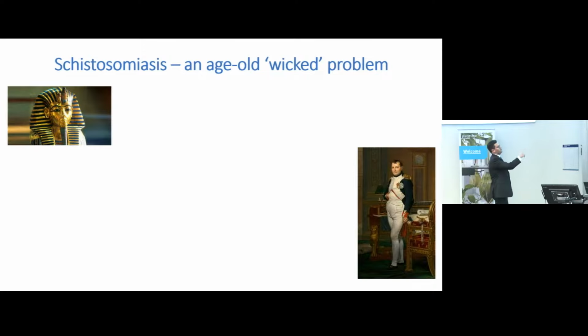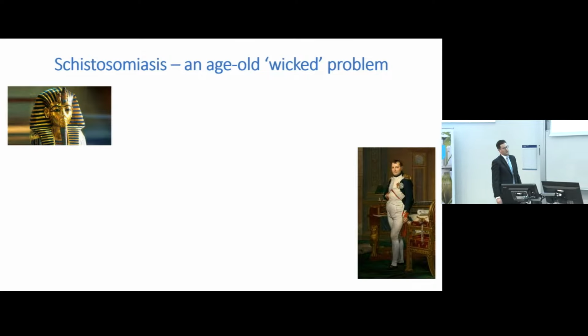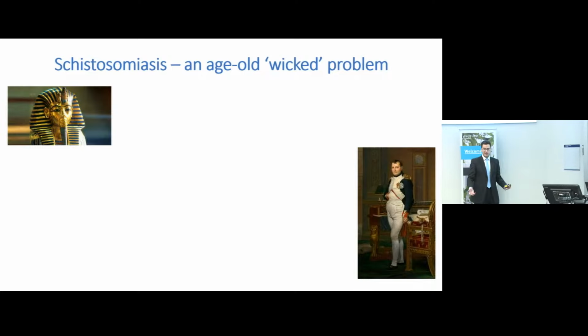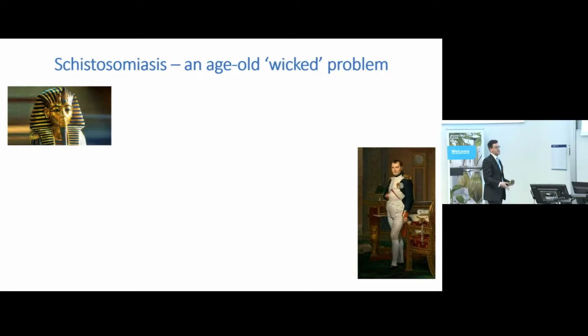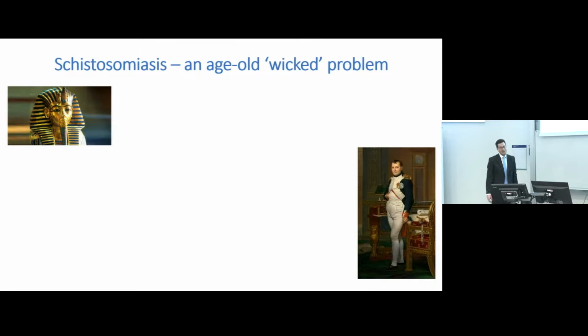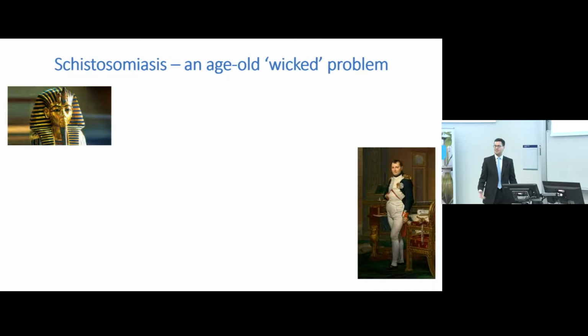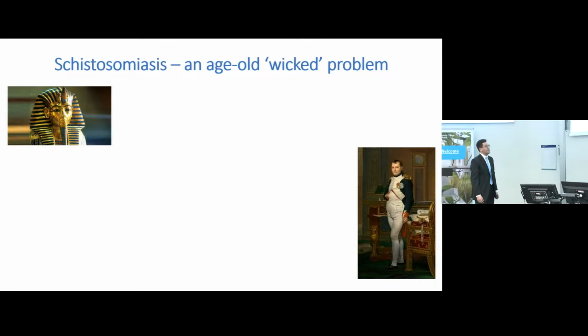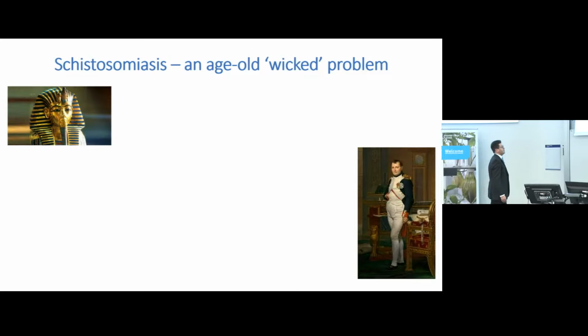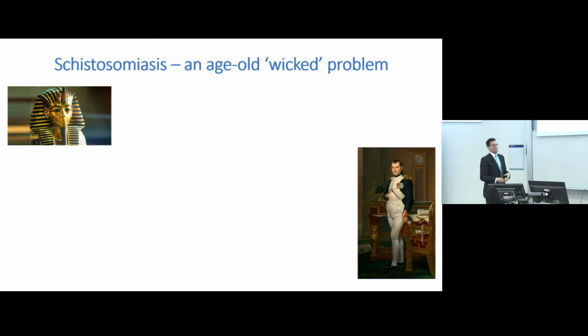And then the picture of, that's Napoleon Bonaparte there on the bottom right, because when the French army invaded Egypt, they noticed that a lot of the Egyptian men had blood in their urine, and it was because they had schistosomiasis infections, urogenital infections. The French army called it the land of the menstruating men for that reason, because they didn't understand what was causing the problem. And a lot of the French soldiers actually contracted the illness when they were there too. So it's something that's been around for hundreds, if not thousands of years.